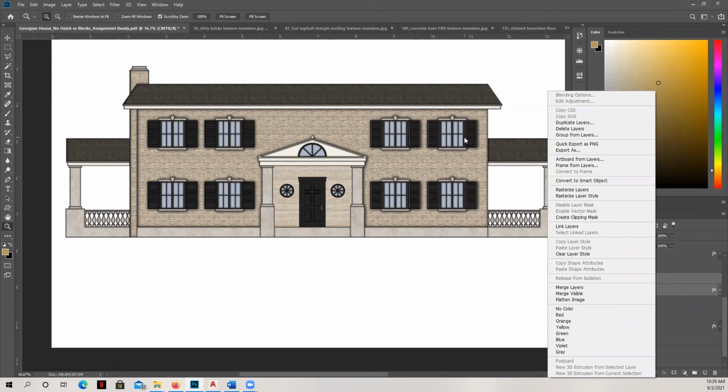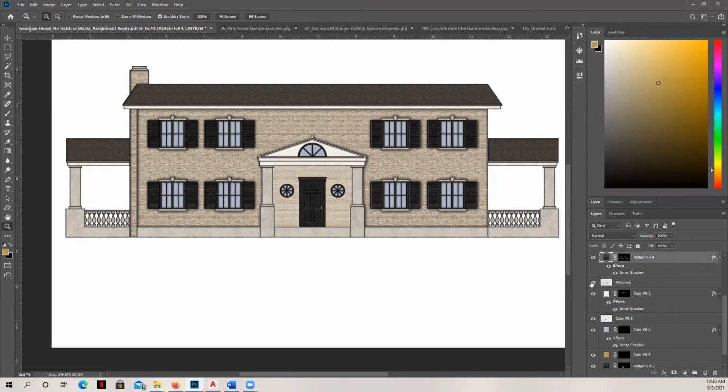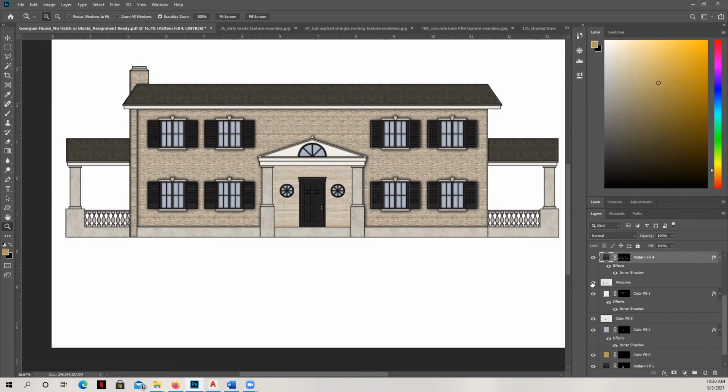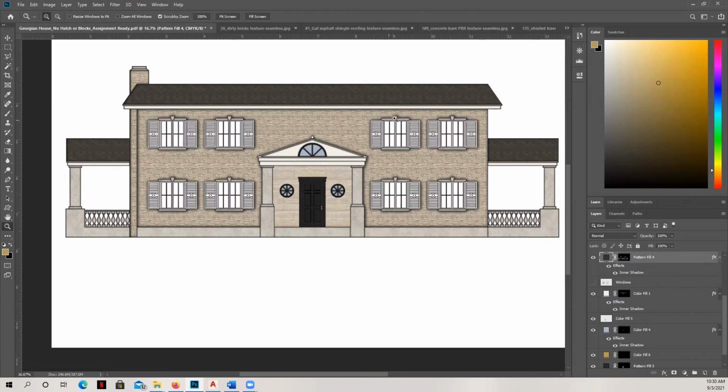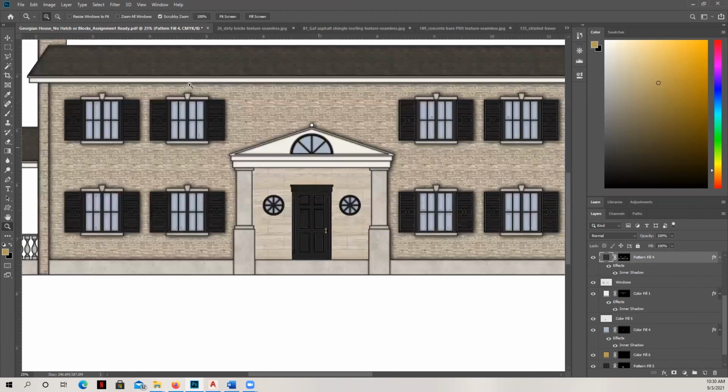I duplicated it and brought it all the way over here. And so now I have a single layer that's my windows on and off. So you can see I didn't grab the kind of the casing, the stone casing, concrete casing around the top. What I also did was I went through and applied a color to the trim areas. Now it's white, but it's not super, super white. It's kind of more of a cream color, and then again, added shadows to that.